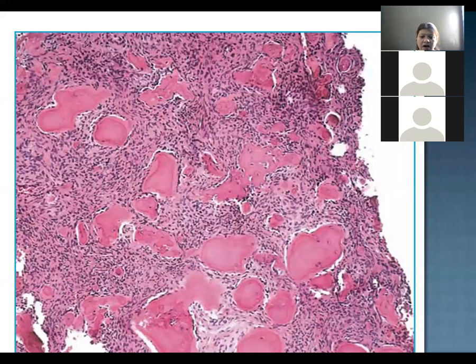These trabeculae have different shapes and sizes: oval, circular, or irregular. Presence of osteocytes in these trabeculae, and importantly, the presence of osteoblastic rimming. These are the differentiating points